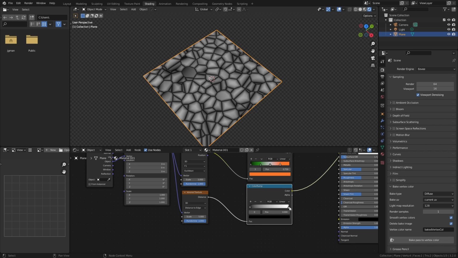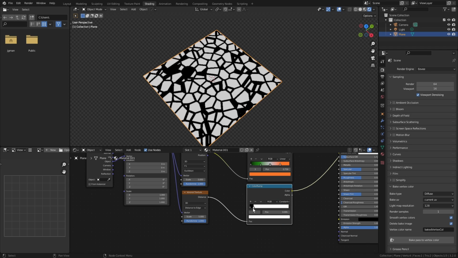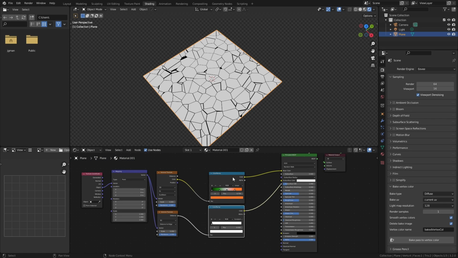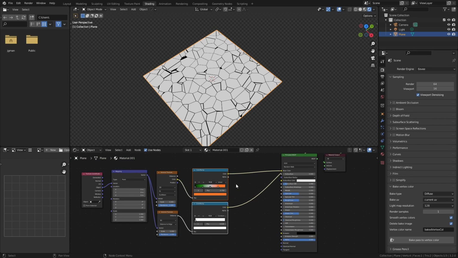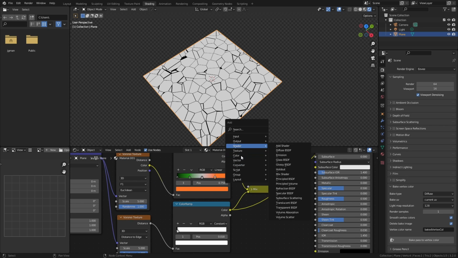And very simply, I'm going to drag this value down until I have essentially a black and white mask. I'm actually just going to change to constant so I can have a little bit more of a stiff boundary there. Something like this should be fine. And effectively, all I want to do now is merge these two. So I'm going to select both, hit Control and number pad 0, or you can simply add in a color,